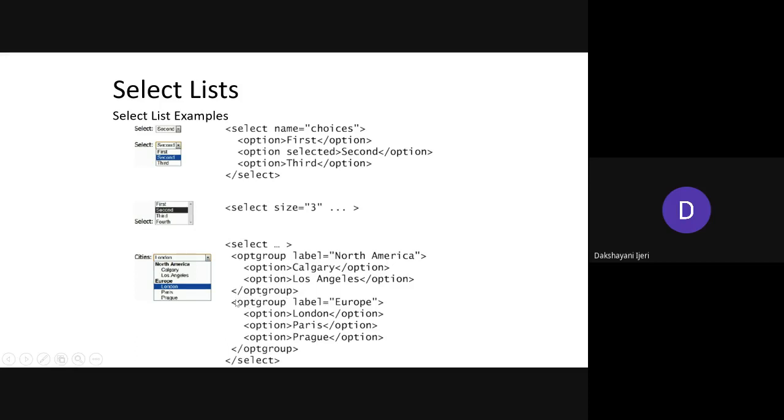Right. So suppose you have one more group to be included, once again you start with another optgroup, give the label to that optgroup, add all the respective options to that, and then close that optgroup. And at the last, once you completely add all the options that you want to add along with the groups, you have to close the select element here.